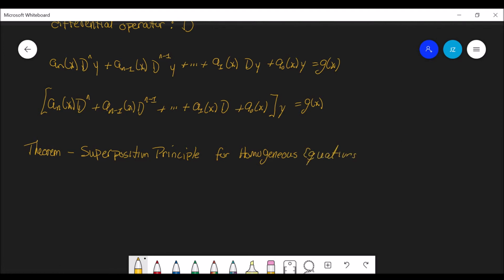And what it says is if y1, y2, yn are solutions of the homogeneous linear nth order differential equation